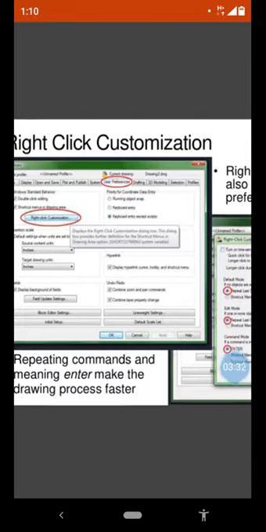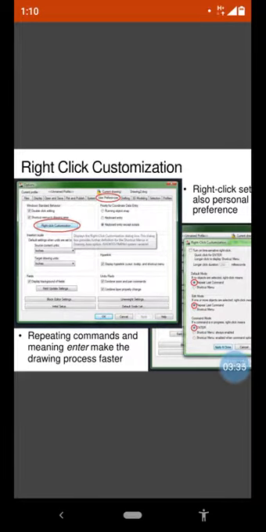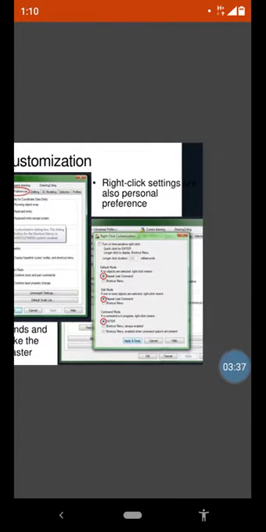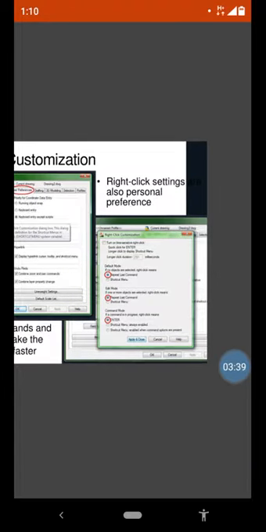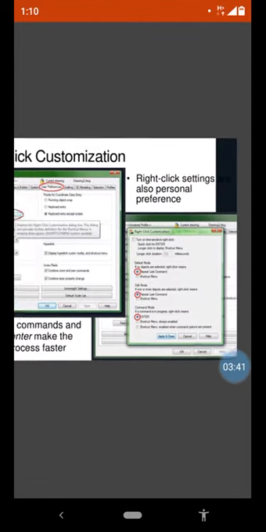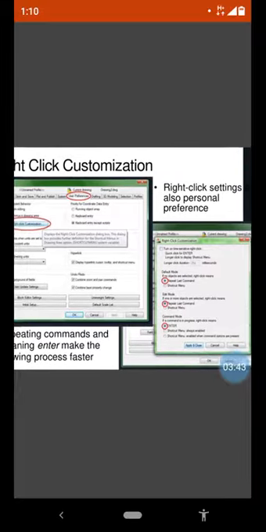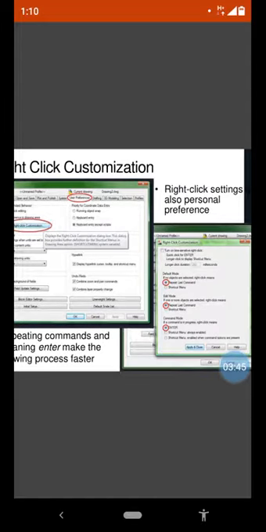Then we are going to select the right click customization. Right click settings are also personal preferences. So why are right click settings required? Because of the number of commands we are using, every time you would require to go and find those commands.